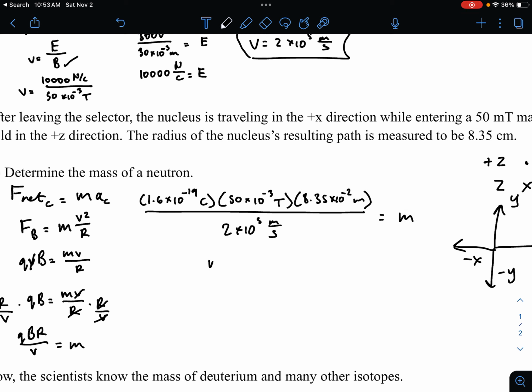So you should get that the mass is equal to, when you plug this into your calculator, I'm just going to do it really quickly, 1.6 times 10 to the negative 19 times 50 times 10